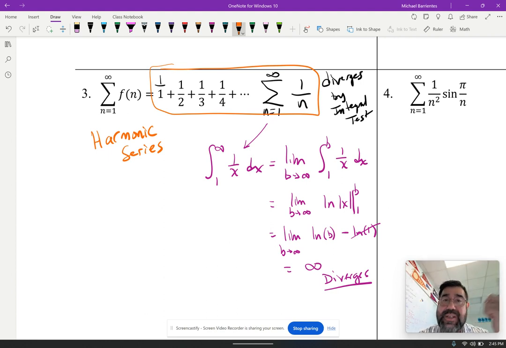This is one of those that you need to remember because it's going to come back to help us when we do the comparison tests next week. So what's the big idea? The big idea is if I can create a parallel function and take the integral of that function from my starting point to infinity by doing an improper integral, if I can take the antiderivative and do all that business,